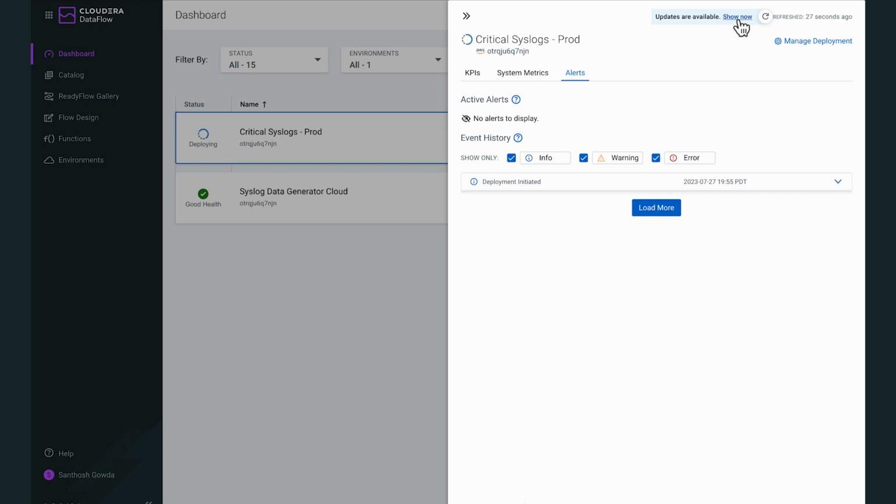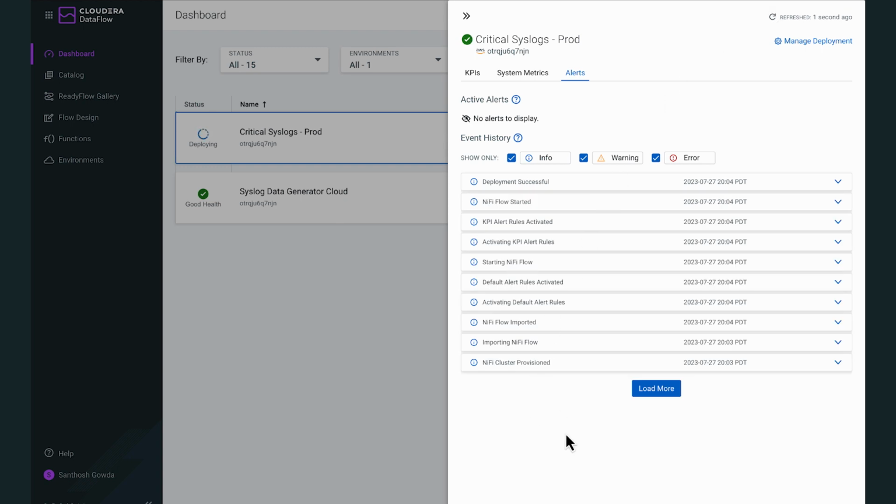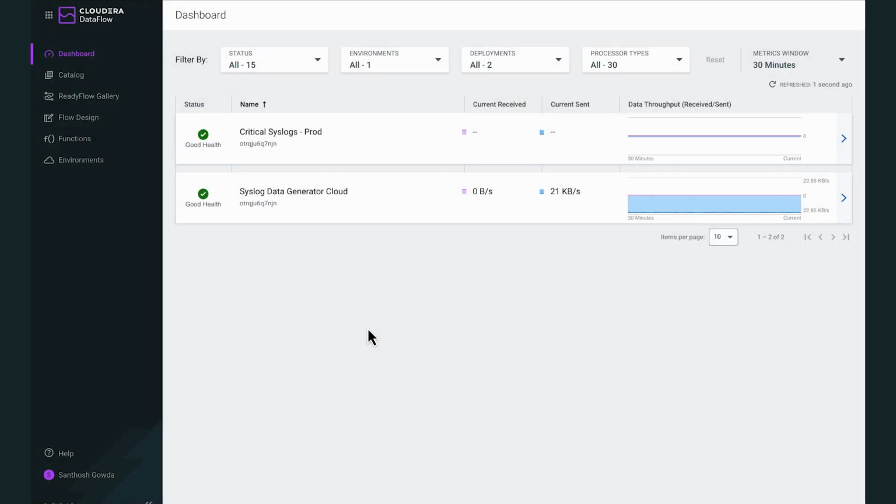All right, so it looks like our deployment has succeeded. Creating that deployment may take a while, so we're provisioning basically the infrastructure on the fly as we need it. Then we provision the entire flow. So feel free to click around in the application as this deployment gets created. Now that it's created, let's take a look at what we're seeing